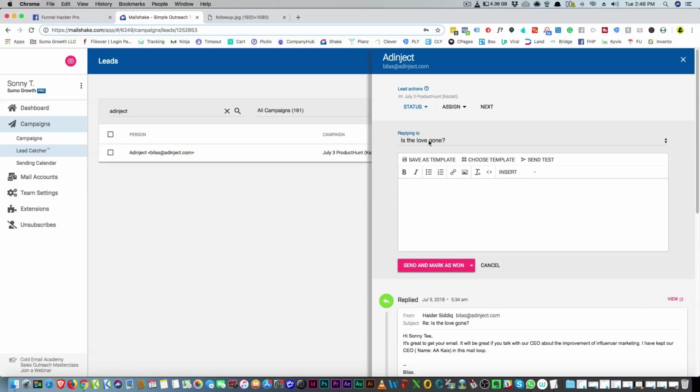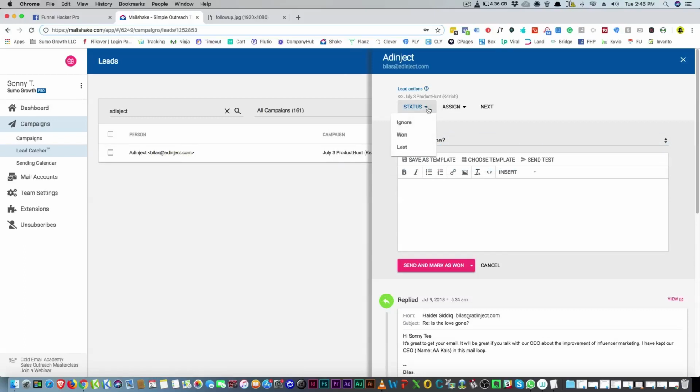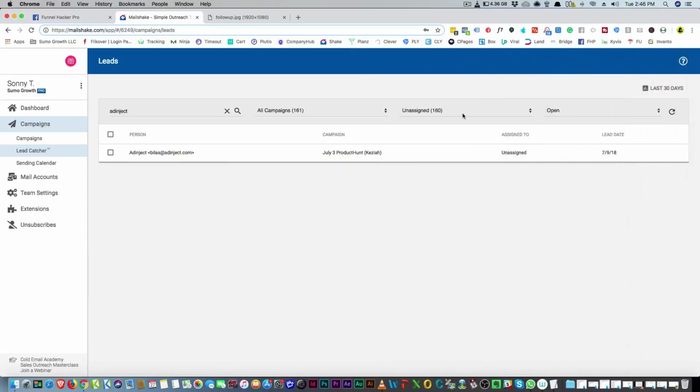This is the email that I'm responding to here and the subject line, but you can also change it if you'd like to. You can also click a status here to say I ignore this, I won this, or I lost it, or you can assign it to other teammates, and then you can click the next email and move on to whatever else is in the line here.